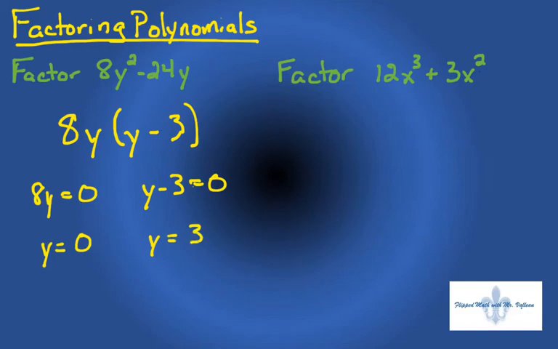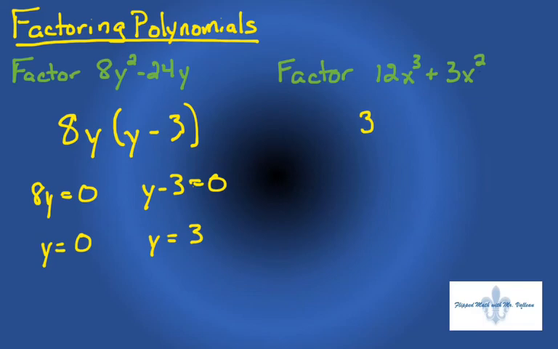And again, as we start to look on the other side, factoring larger polynomials makes it a little bit more difficult to solve, but we can do the exact same process here when we are given 12x cubed plus 3x squared. And again, in this case, let's just look at factoring it out. So what we have is our common factor of 3. So 3 is a factor of both 3 and 12. So if we remove this 3,